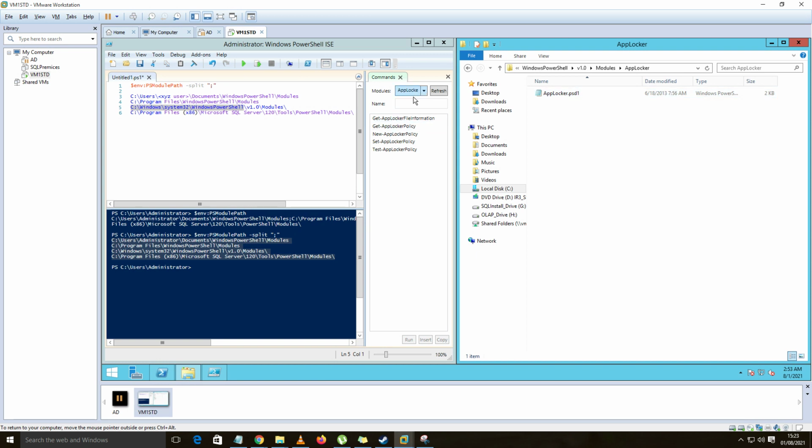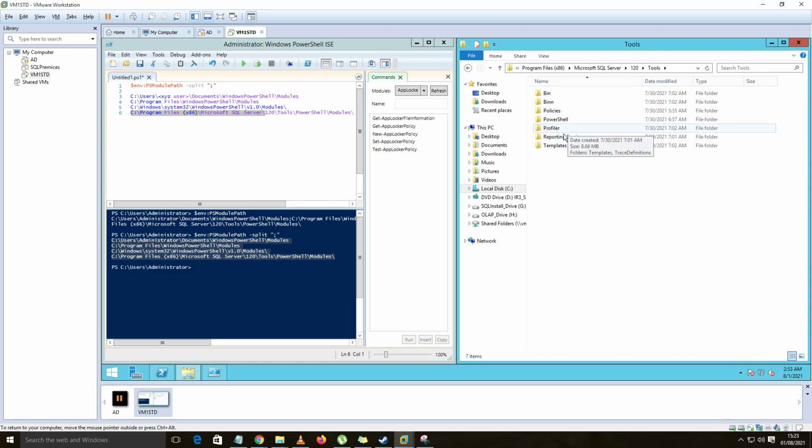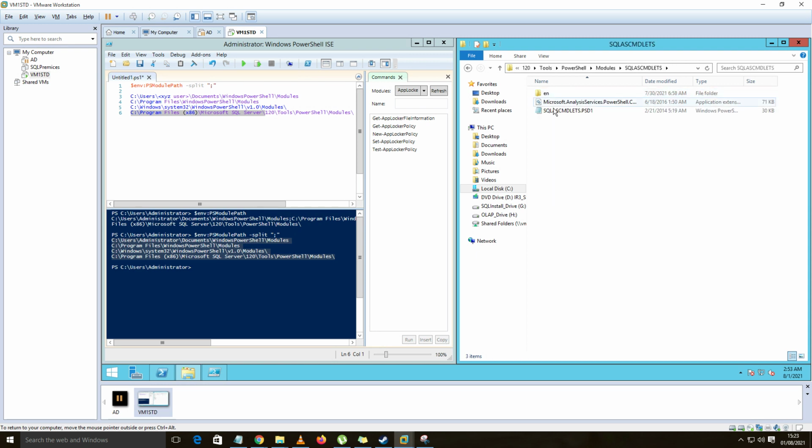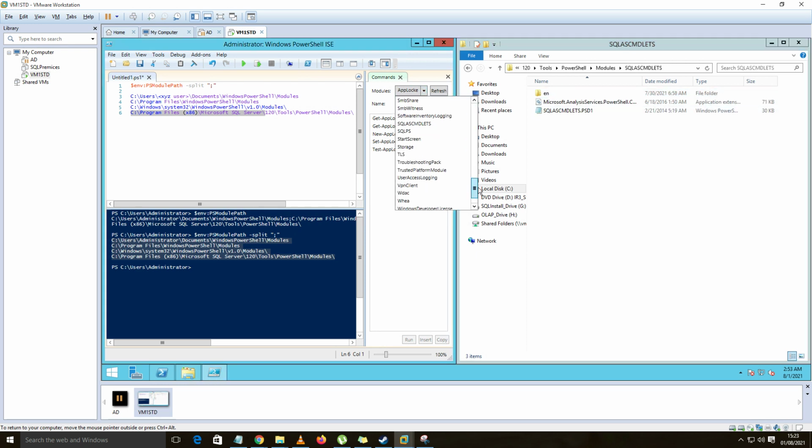And this is again for Microsoft SQL Server. Microsoft SQL also uses some PowerShell commands, and they are installed during the installation of SQL Server. I have already installed SQL Server on this machine, which is why it's listed here. If you go to Tools, then the PowerShell section, then Modules, there are some SQL-related PowerShell commands. This is not our topic, though, we'll see it in some other video.